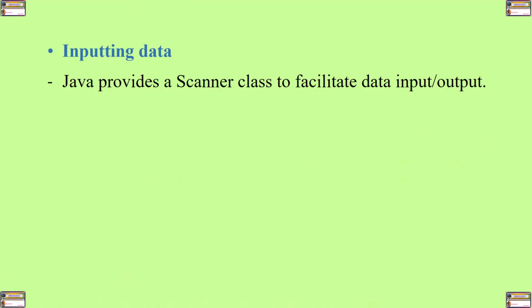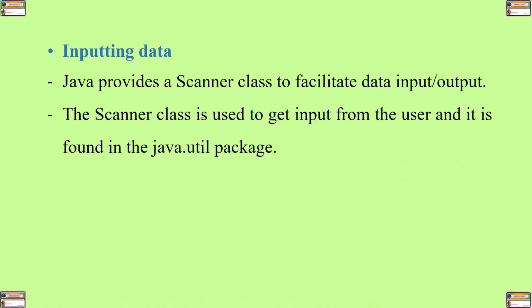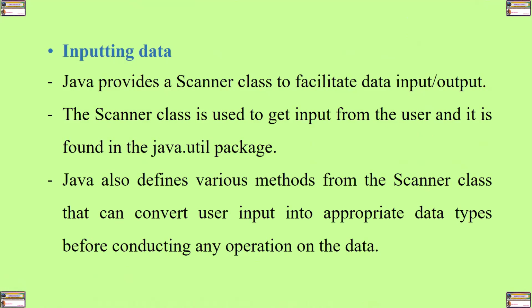The Scanner class is used to get input from the user, and it is found in the java.util package. Java also defines various methods from the Scanner class that can convert user input into appropriate data types